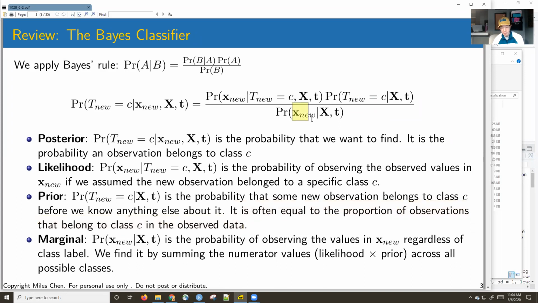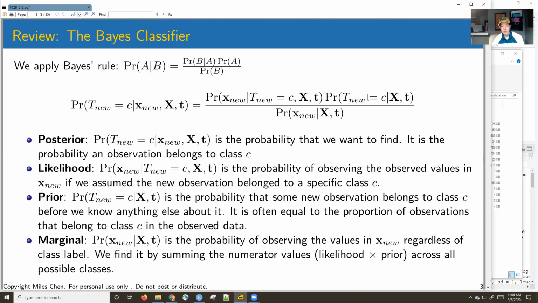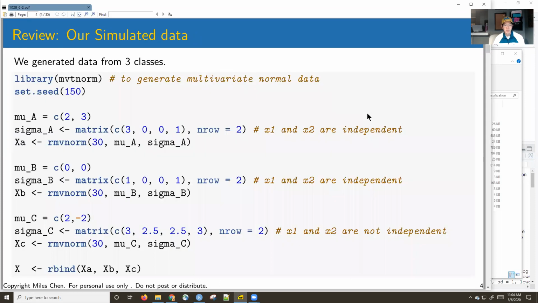And then we divide that by the marginal probability, okay? And we can find this by summing the numerator. We can take the numerator and sum across all possible values of C. All right, so